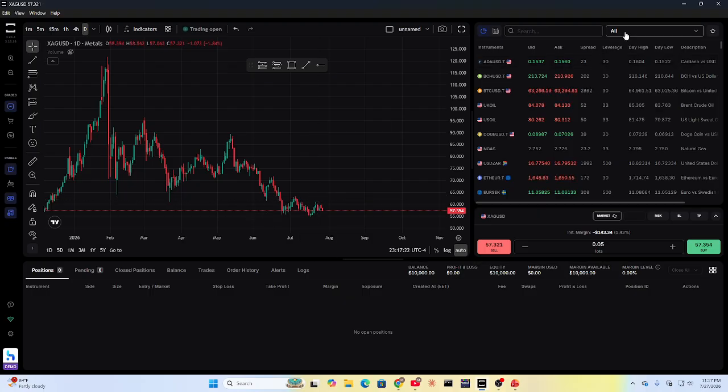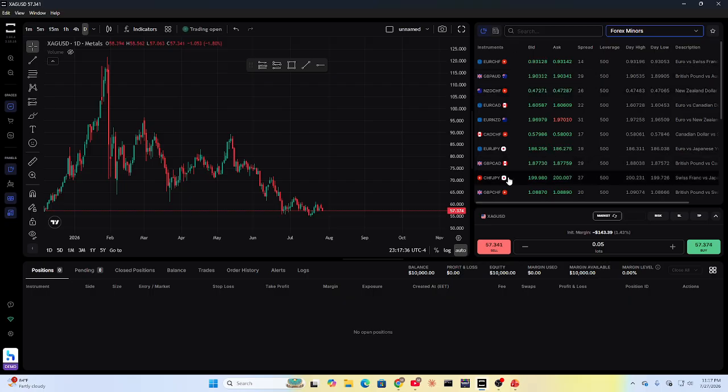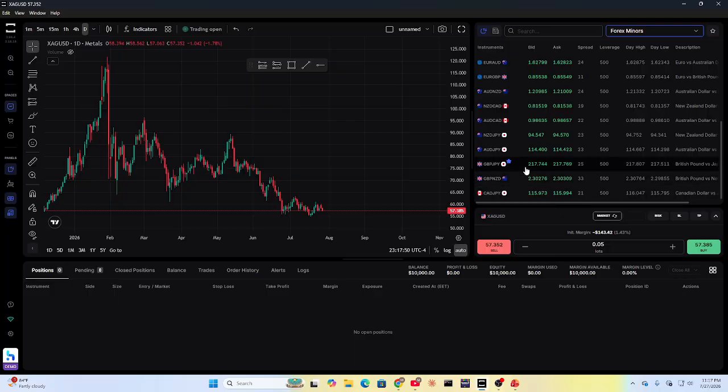Now, me personally, what I recommend people to trade to start off with, instead of going fast, go to your forex majors, exotics, or your minors. Okay, grab any one of these pairs. Personally, I would trade GBP CAD, GBP AUD. Mostly, really, I trade all of these, but the ones I'm sticking to are JPY,